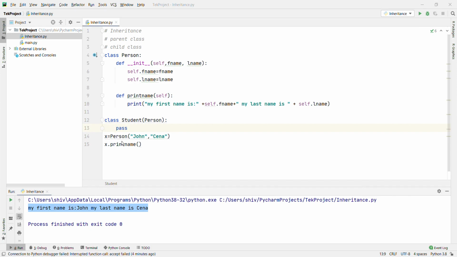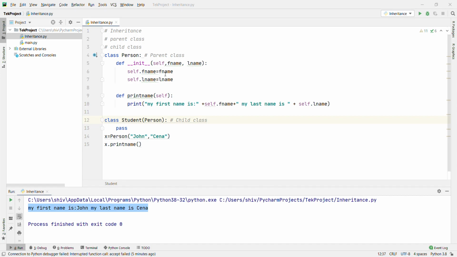Use the pass keyword when you don't want to add any other property or method to the Student class. Now the Student class has the same properties and methods as the parent class, Person. This is the parent class and this is the child class. Now the Student has the same properties and methods of the Person class.